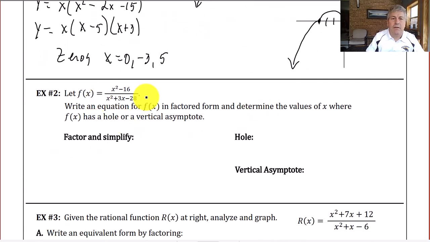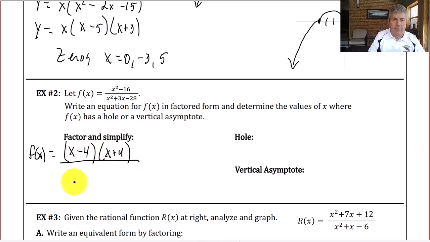In example 2, they give us our function here, and they want us to write an equation for the function in factored form and determine if we've got a hole or a vertical asymptote. So let's go ahead and first factor and simplify our function. So our numerator factors, a difference of squares, to x plus 4 times x minus 4, and then our denominator factors to x minus 4 times x plus 7. So we see here we have a common factor in the numerator and denominator, so we're going to have a hole at 4,